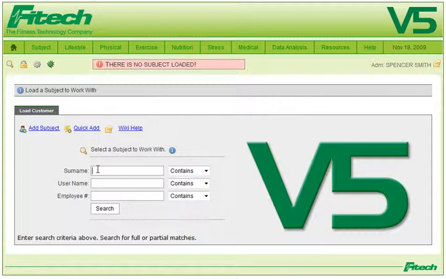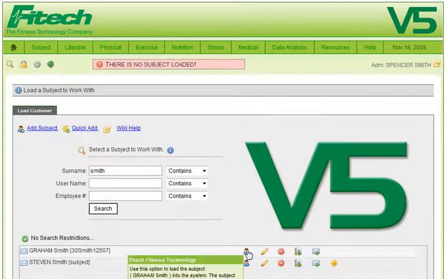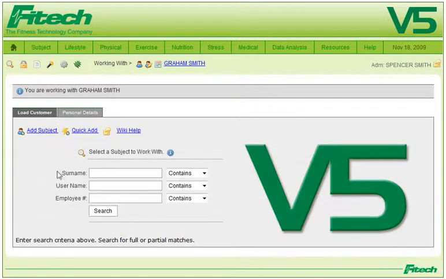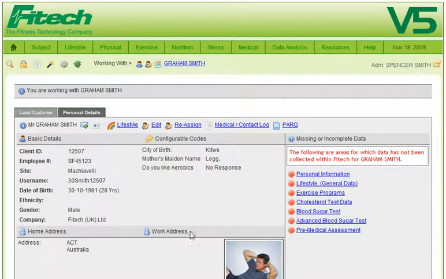So let's load up another Smith, and we'll load up Graham as a subject. The interface changes now. In the center area we have the content or information area, and quite often within version 5 we use a tabbed interface. So in this particular case we can move back to the load customer tab, or we continue to work with